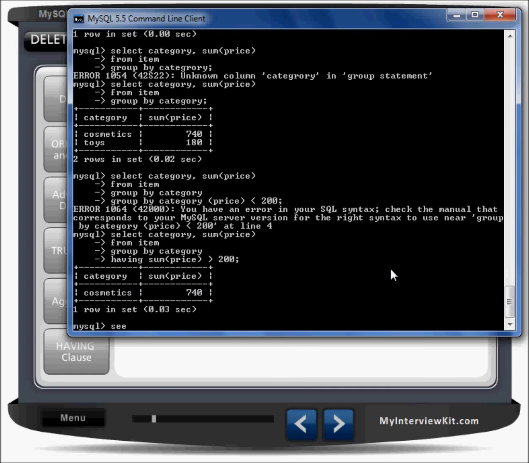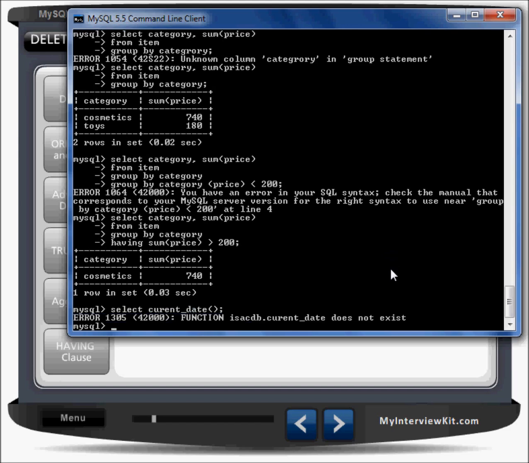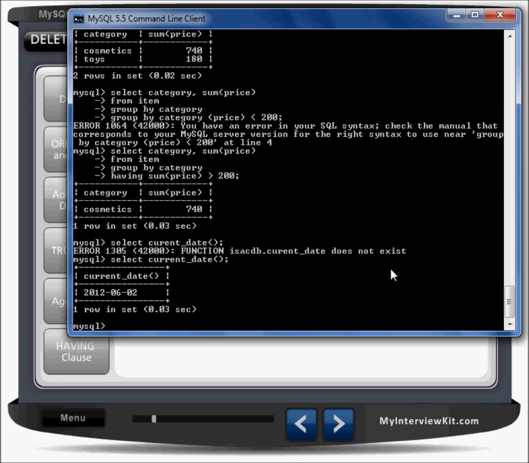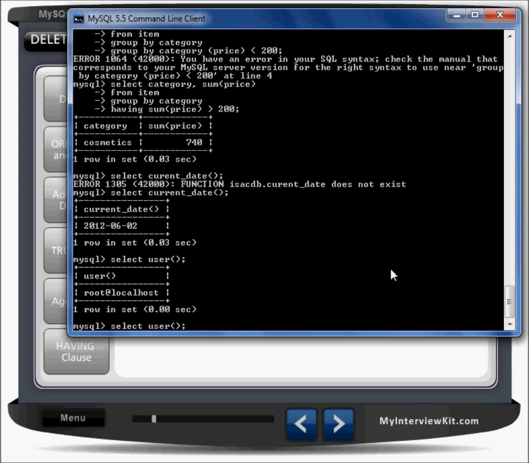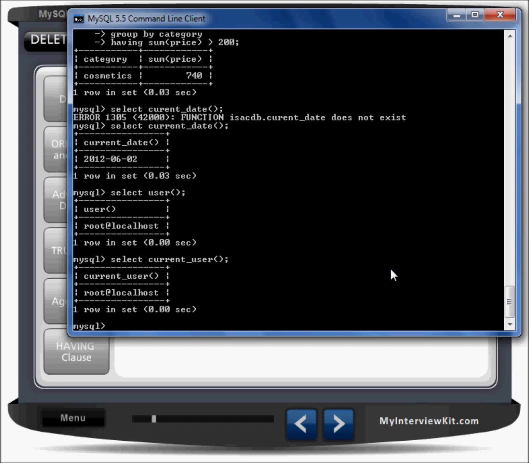We can just see some other functions. Let us say I just say select current date. So this is displaying the current date now. If you say user here, it will display the current user, root at localhost. You can also write current user. So these are the other functions which you can use for some other purpose. Okay, so that's all about